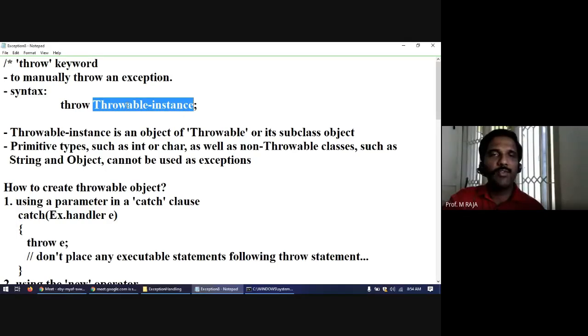We have seen there are two different ways of creating a throwable instance. One, we can directly use the parameter of the catch clause, say ArithmeticException AE, and we can directly throw AE. NullPointerException, suppose NPE. NPE can be directly used in a throw statement: throw NPE. This is one possible way. So whatever instance we have created using the catch exception handler, that instance can be thrown easily using this general form: throw throwable instance;